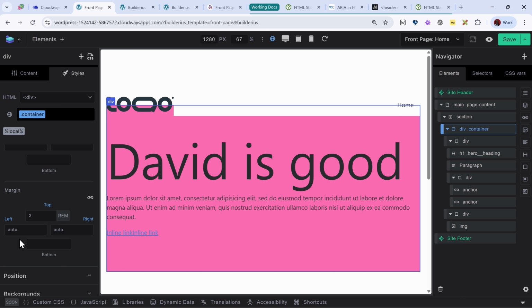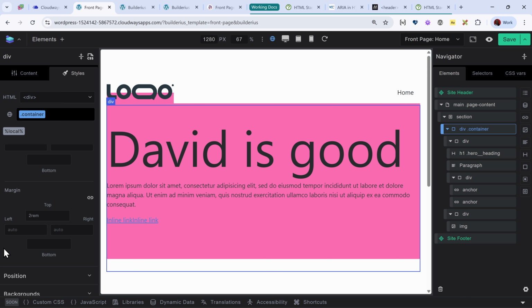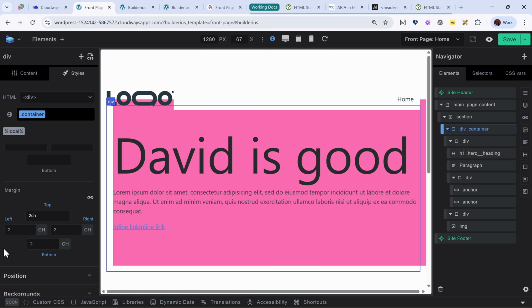Now, here is another nice feature that comes with Builderias, is the fact that you can easily see the unit, but you can also write the unit yourself. When you click into the input, it gives you back that unit, so you can type whatever you want. You're not restricted to any specific unit like pixel, EM, rem, or anything like that. You can type in any unit you want. So I can say something like 2CH.